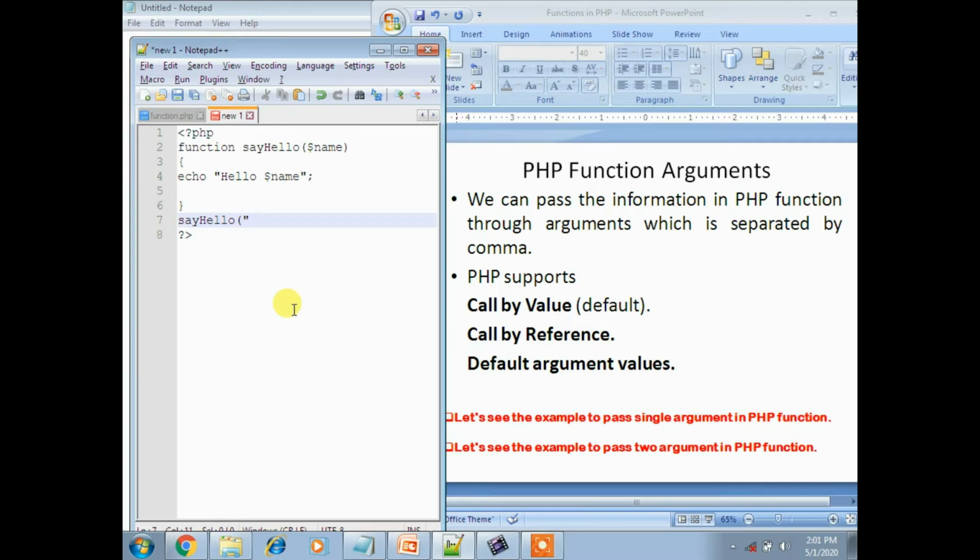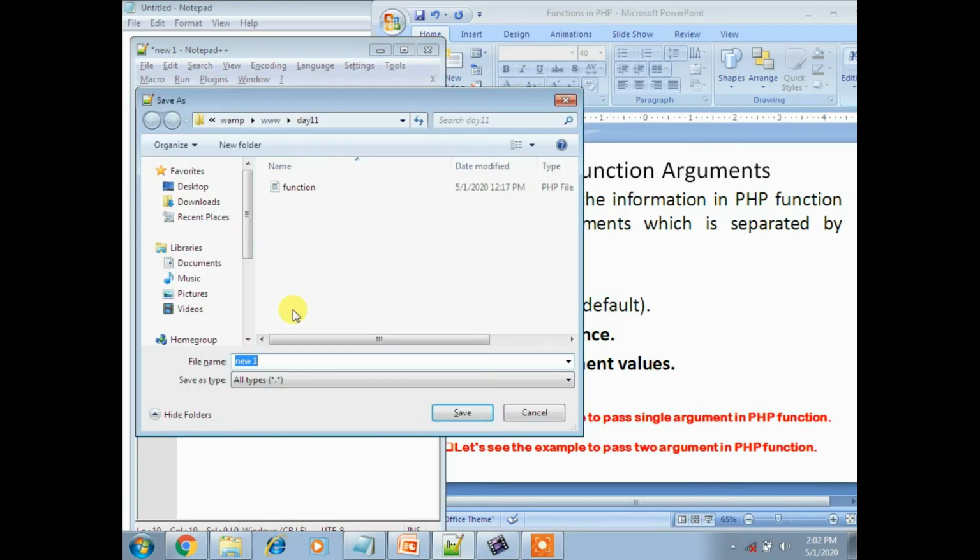For example, TCS, and then copy the same thing multiple times and change the names: Wipro, next CTS, and next one, we have plenty of companies, like Just Dial. Now save the program and run this.